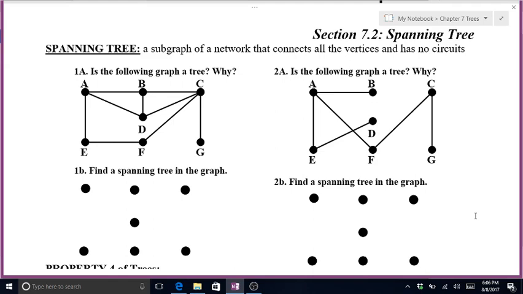1A. Is the following graph a tree? Why? This is going to be a no. Okay, we've got a couple problems here. I've got a circuit here. I've got a circuit here. I even have a circuit here. Okay. So,